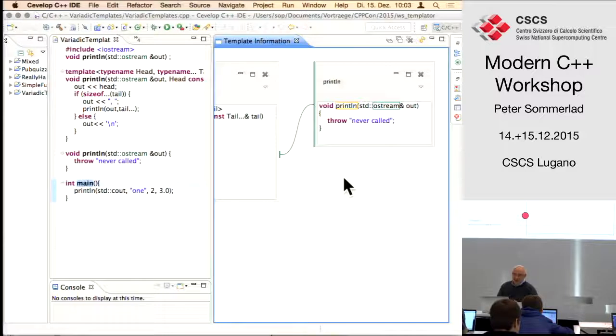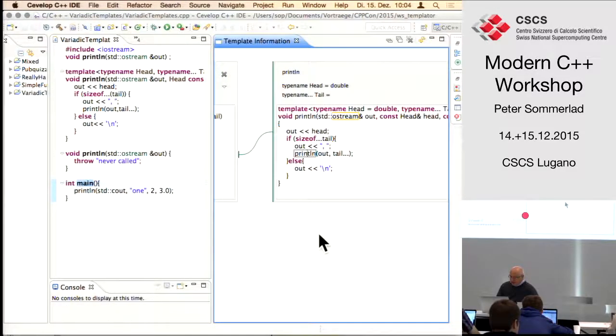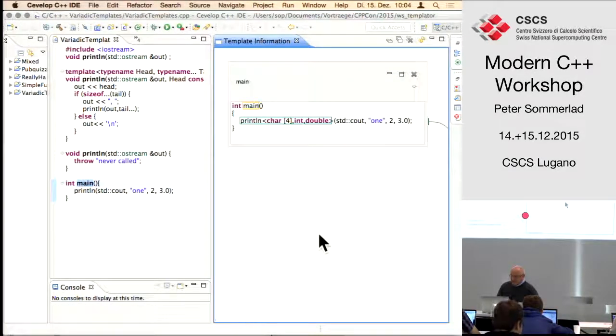And that's my attempt to provide help for template programming, to see the code that the compiler would instantiate internally, but that you wouldn't see at all unless you create an error message. It's not as good as I would like it to be now, but that's our goal, to provide that information for templates.